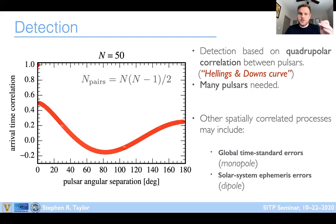And the correlation signature is showing the correlation in these arrival time delays between pulsars that are separated by certain angles across the sky. And what's great is that this correlation signature is only a function of the angular separation of the pulsars on the sky. Now, there are other kinds of spatially correlated